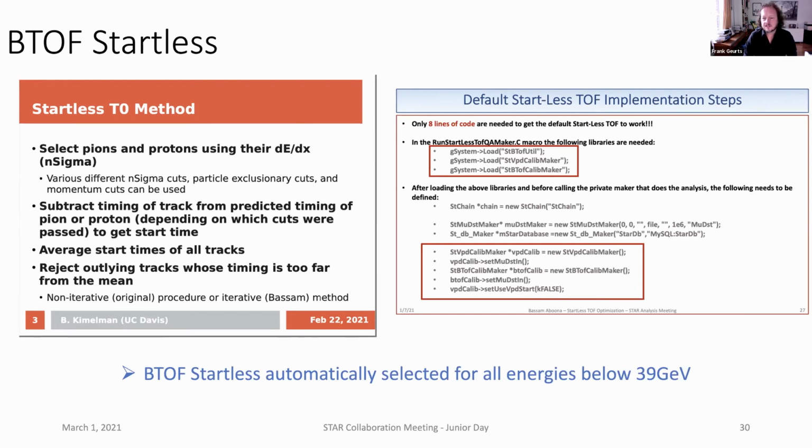Bassam here also lists how, if you don't have it, you can include startless in your MicroDST. Again, in production, this is all done for energies below 39 GeV, but if you want to play with it a little bit more, here are some really nice instructions on how to expand your macro to do so in this so-called afterburner mode. Okay,